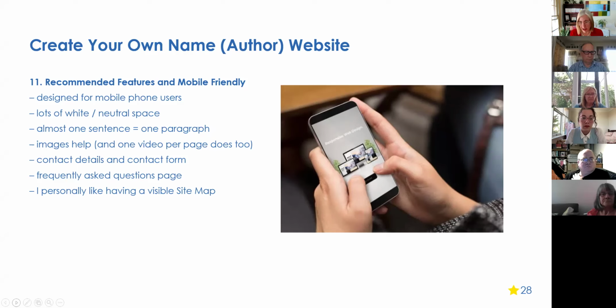Make sure you've got your contact details there and a contact form. I mean, do you trust anybody who doesn't say where they are based and there's no way of reaching them, even if it's just an email? It's dodgy, isn't it? So make sure people know where you are. And I don't publish my personal address, but I do have my email and phone number all over the internet. And so I haven't had any issues with that to date, because my message is very clear and I make it obvious that I'm friendly but professional, not personal.